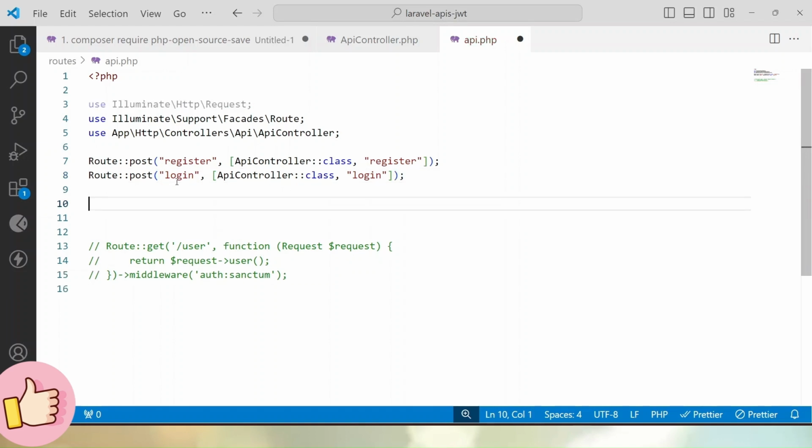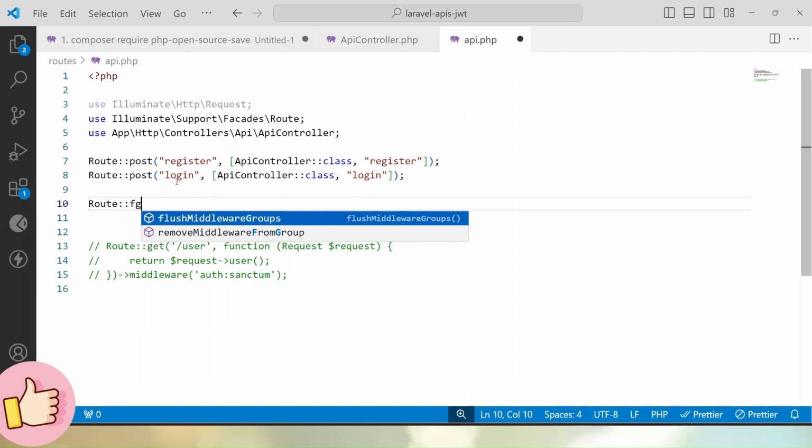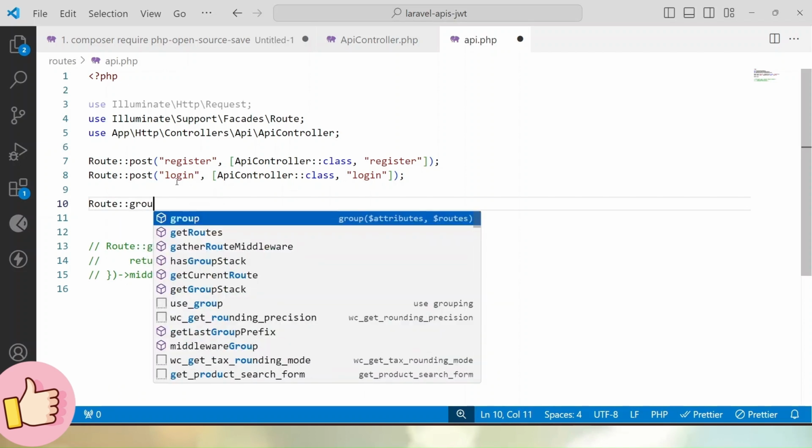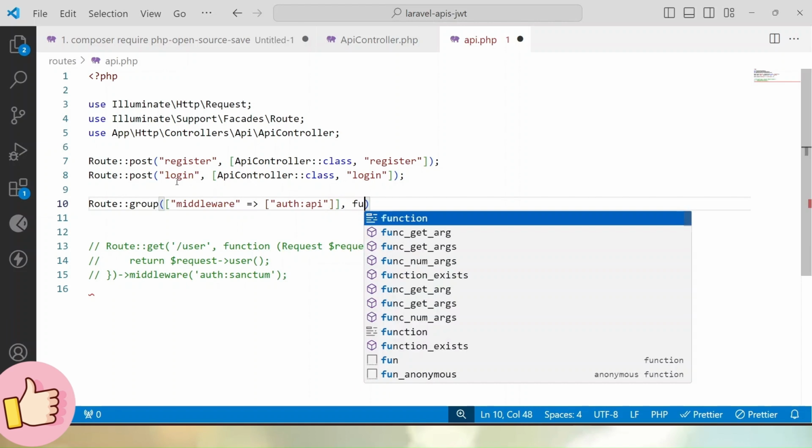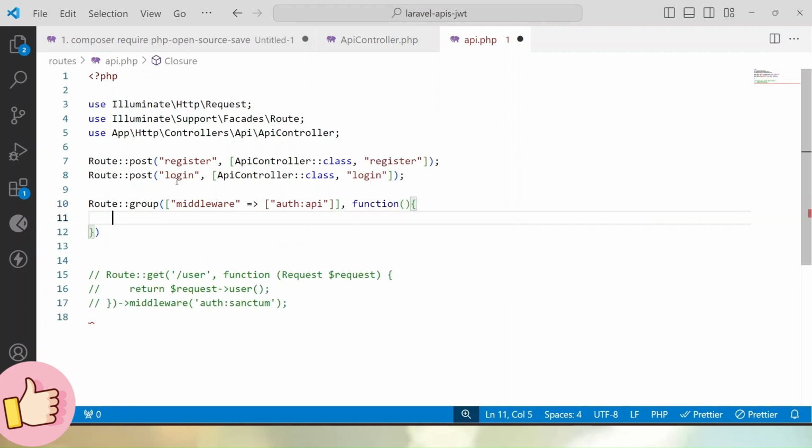So these are two open routes. It means while calling these API routes we don't need any token value. Now next comes the concept of protected API methods, which means we need a token. So here it's a route. I'll create a group, and inside this group let's say middleware, and inside this middleware we'll use auth:api. And inside this callback function,